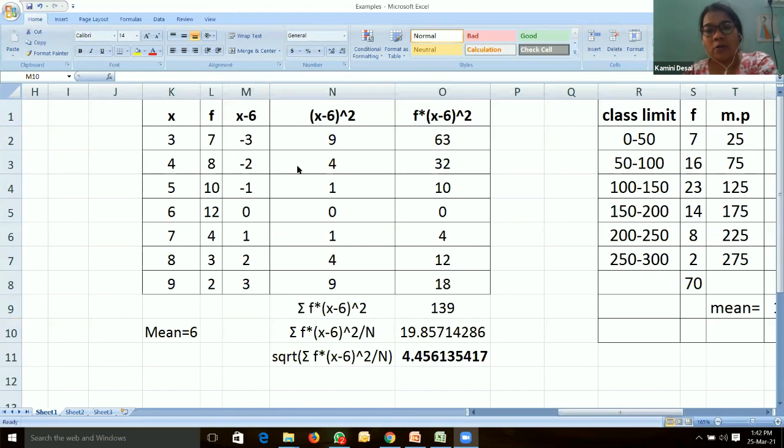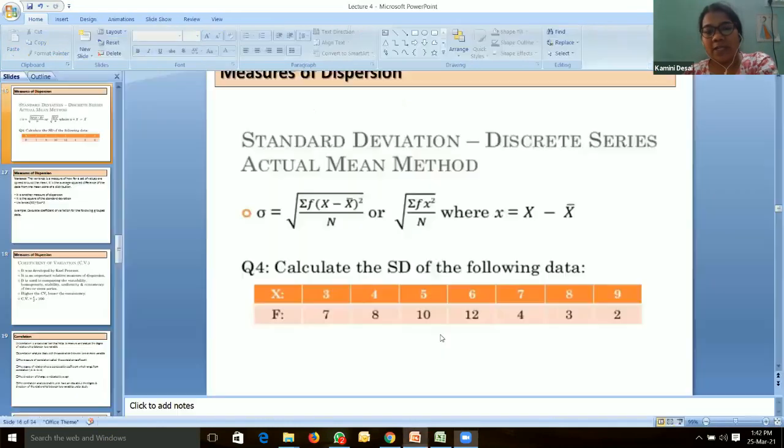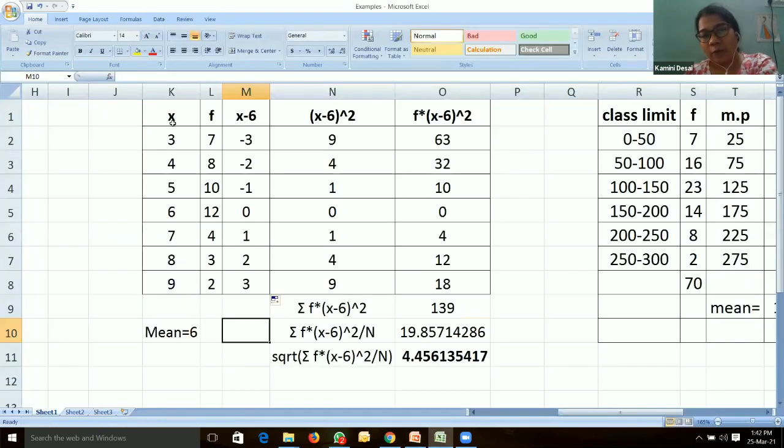Okay. So first, you can see this problem, how to calculate. This is F, meaning frequency distribution, frequency. X is the number of observation. If the problem is in this form, X and F, we have to put the first value in the first column, enter the value in the Excel form. Just enter this and then the frequency.